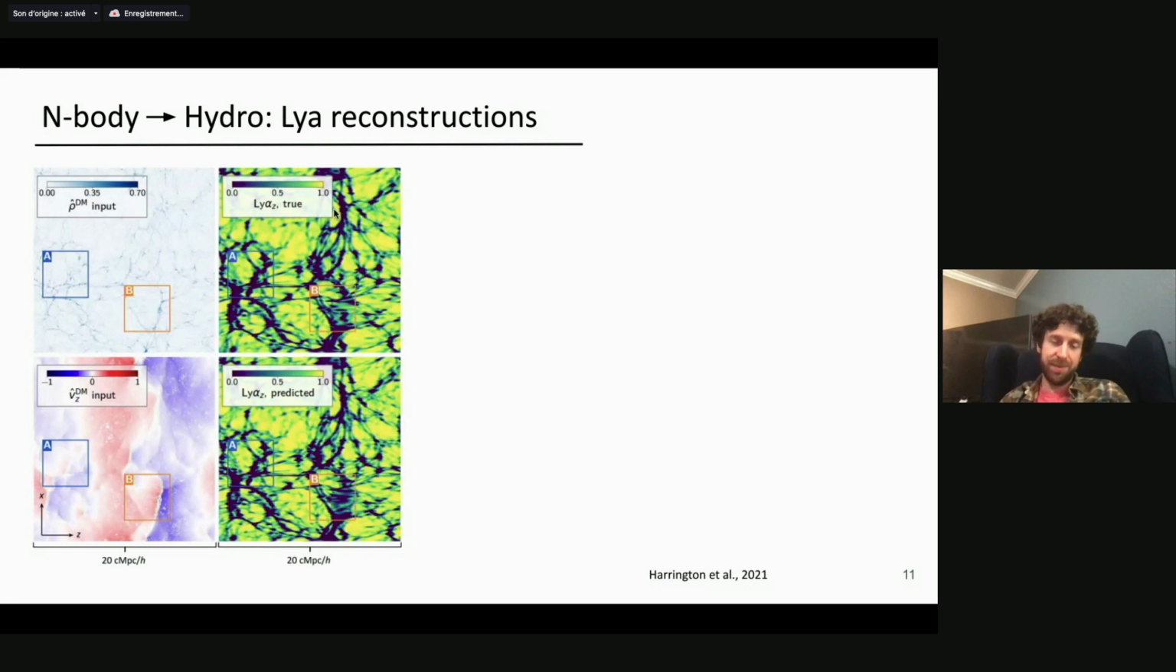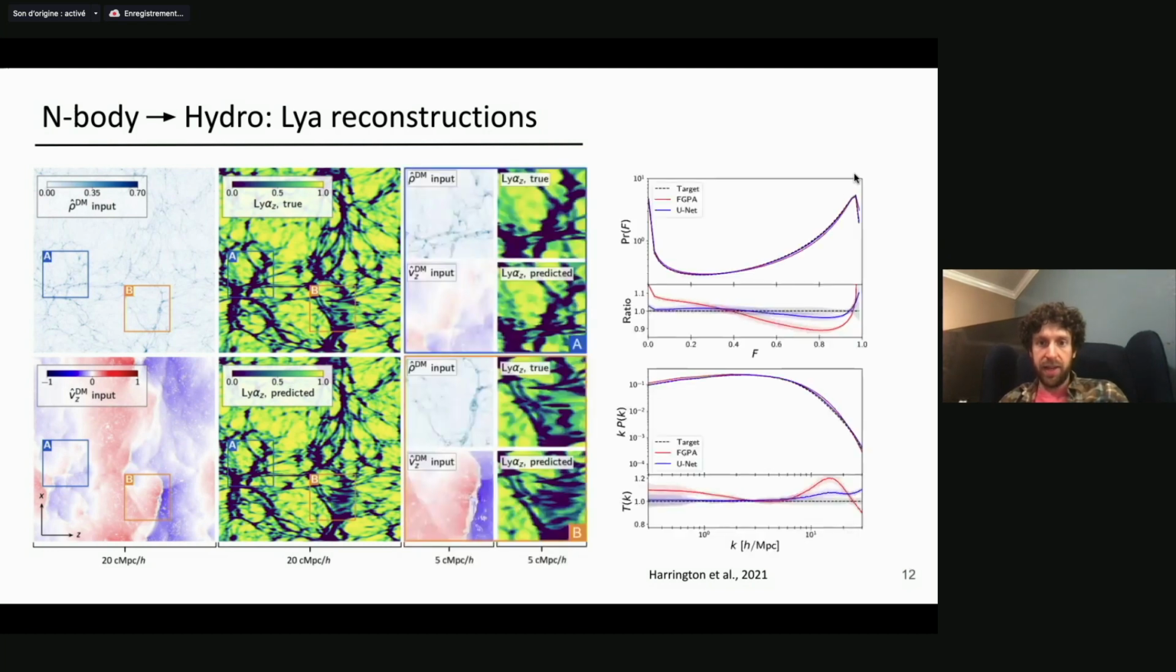Lighter means less neutral hydrogen. And then you can see the predicted image down here. And on large scales, we agree quite well. You can look at